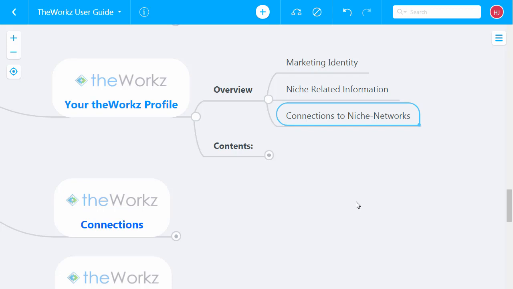So this is how we keep all that very well organized on the fundamental level, by just creating your whole marketing identity one time in TheWorkz, and then connecting all those niche specific accounts to that marketing identity, and then that can be used throughout all of the client software.